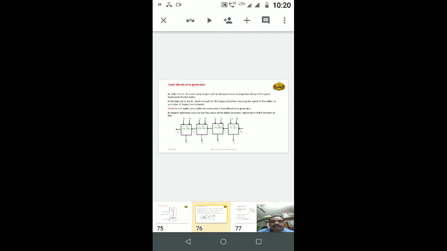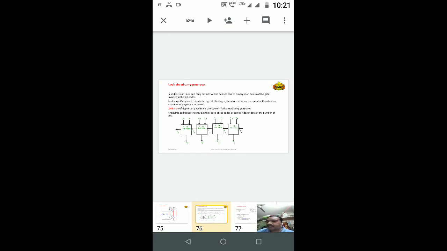For example, binary codes, then XS3 code, then gray code. These are examples of the different codes which are used for transferring information from one place to another. We also saw in this unit how to convert these codes, meaning converting from binary to BCD, or BCD to binary, or BCD to gray code, or XS3 code to binary. These are the conversion techniques of different codes.